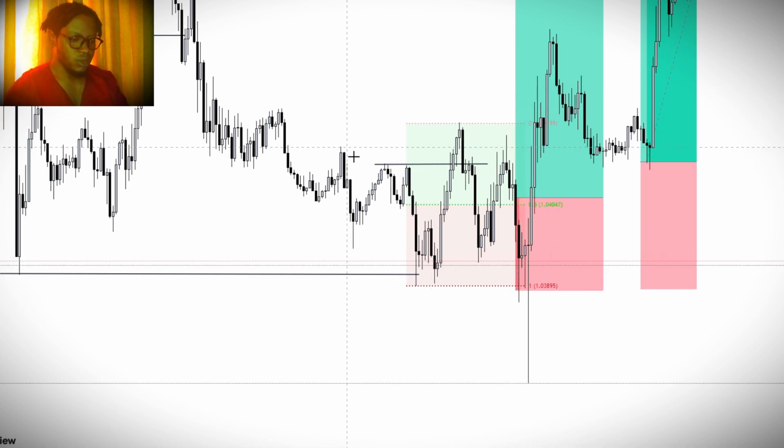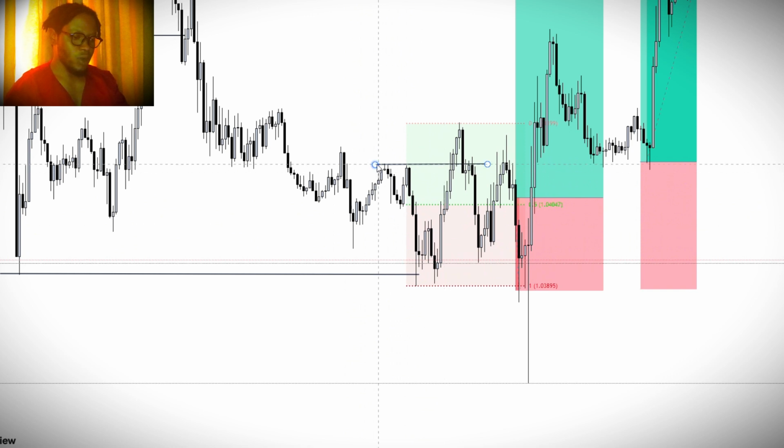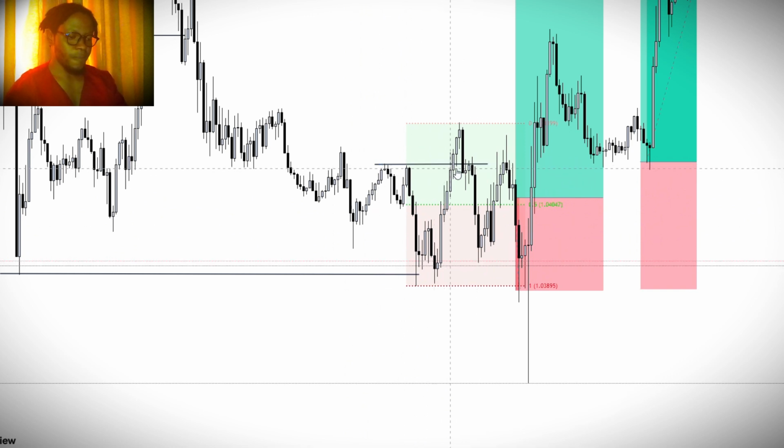Now, as price was trading downward, lower low, lower high, lower low, lower high, lower low, lower high, on the lower low at this point, I drew out this horizontal line, because this is my last lower high. So I had that clear shift of structure. After the clear shift of structure, I had a clear retracement, and price was aggressively buying from this point and retraced again